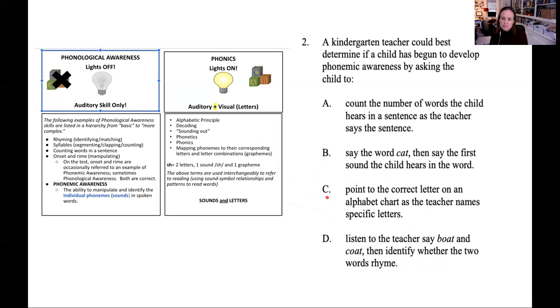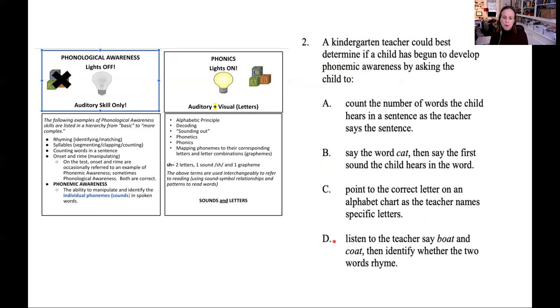So letter C is not phonemic awareness, but I also want you to notice that it's also not phonics. This is just letter identification or letter naming. So even though we are looking for answers related to phonemic awareness, I want to help you see what these other answers represent because that can help you with different questions. D,